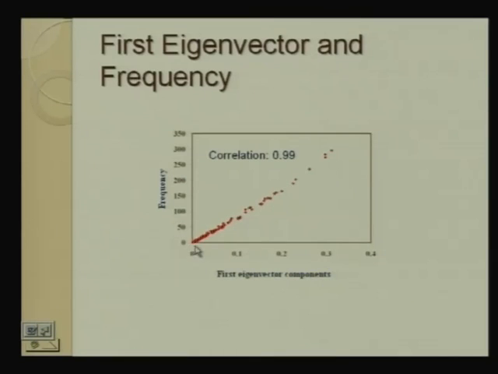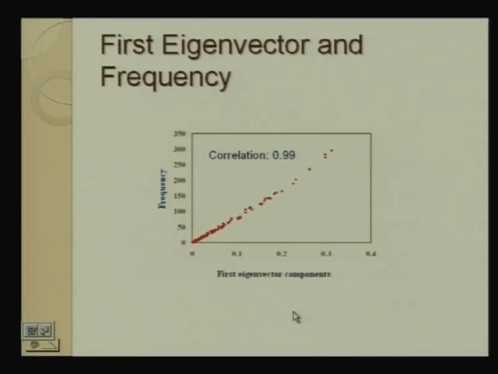This is the first eigenvector component we are plotting, and on this axis we are plotting the frequency. Remember, the frequency of an actor is how many movies he or she has acted in. That is what I am calling frequency, and the eigenvector component. And we are surprised to see that the frequency has a very high 0.99 correlation with the first